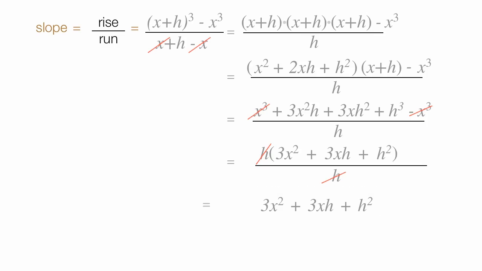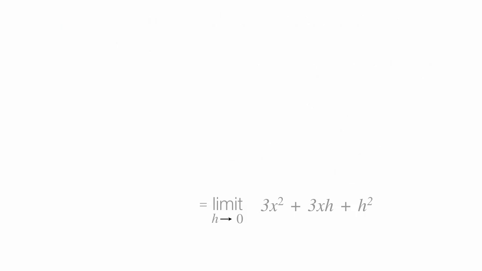Now I'm going to write the limit as h goes to 0. I can put 0 in for my h's, like this and this, and I can scratch those off, right like that. This leaves me 3x squared,